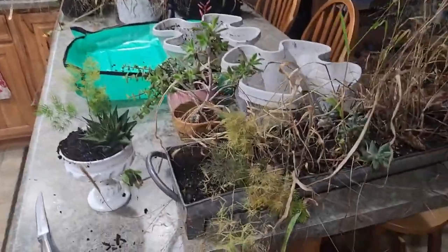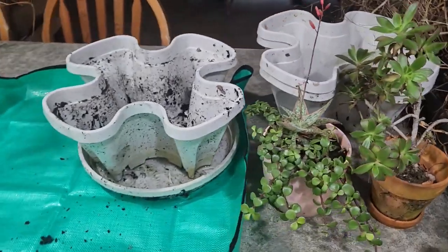Hey friends, today I'm going to be repotting a whole bunch of our succulent plants that kind of got overgrown